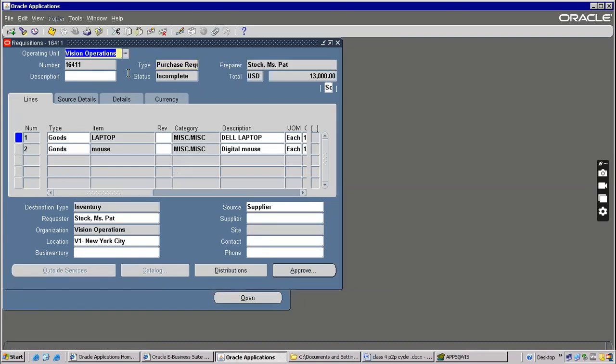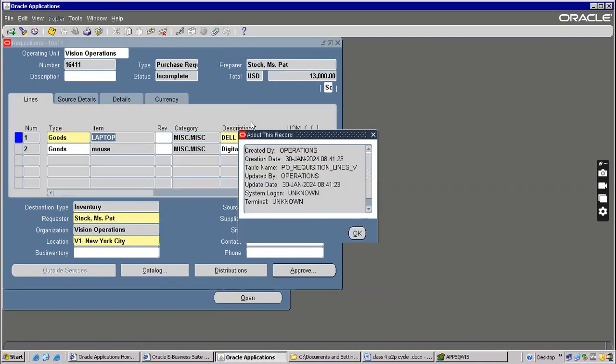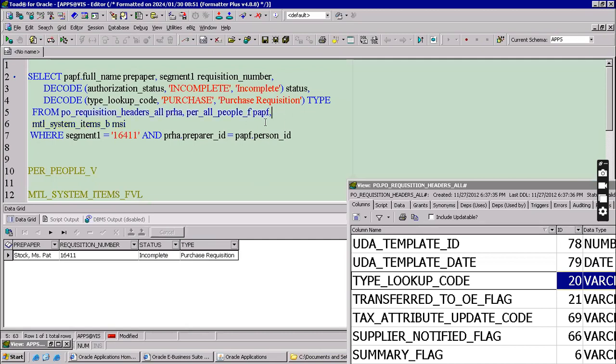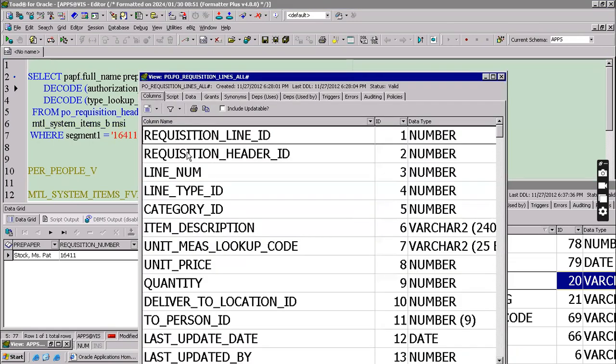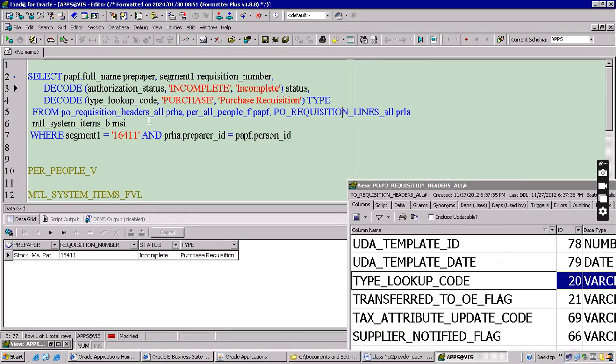It is mentioned in the line portion here. So go to record history. The requisition lines level they mentioned here. So definitely there could be a join with the lines table only. So I'm adding the line table also. Now, whenever we add a line table, there could be a join with the primary key, requisition header ID, and then one more is requisition header ID. The join condition is the primary key.